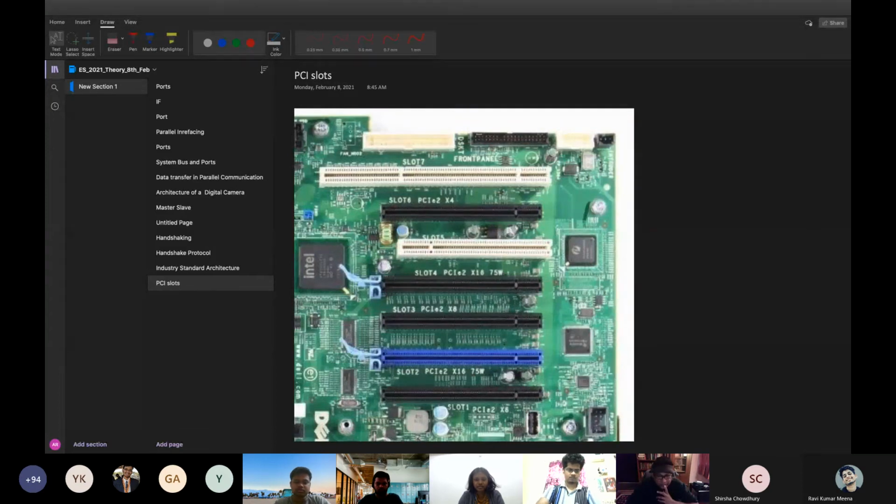But real-time computing should be very precise, which cannot be satisfied by your operating system. So you have to have an industrial grade operating system. Can anyone tell me an industrial operating system? All of you, please take this homework. Find out all the operating systems or most of the operating systems which are meant for real-time computing in industry. Android is not the one. Android is for commercial telephone uses, but there are Android computing systems also which can be used. Real-time operating systems, I told you a few of them like RT Linux, VxWorks. So there are lots of them. You figure it out. So one is the operating system which has to be real-time.